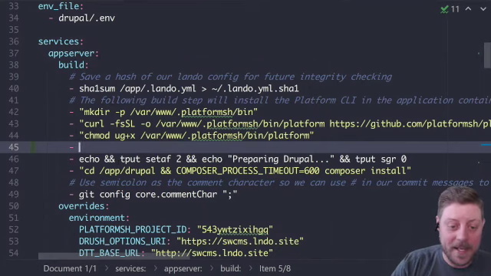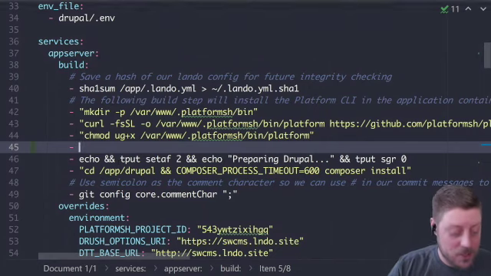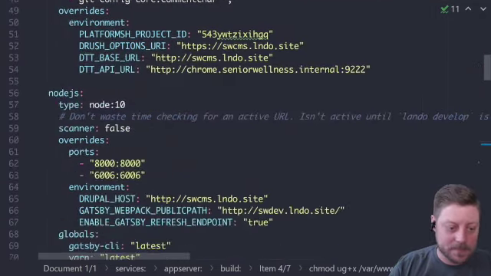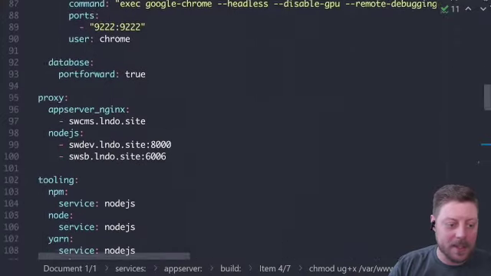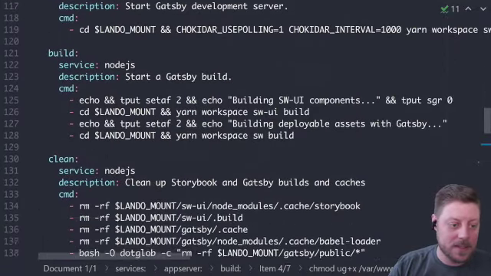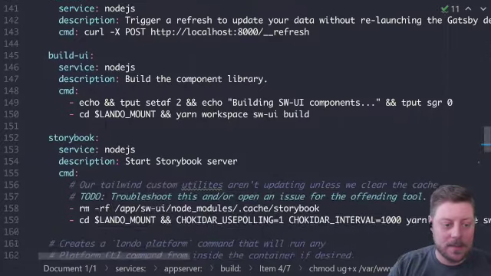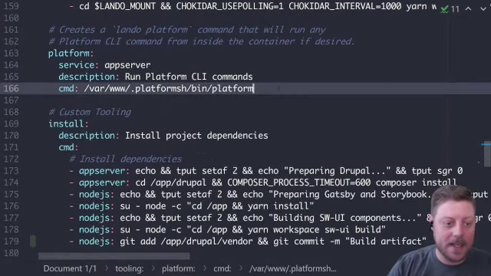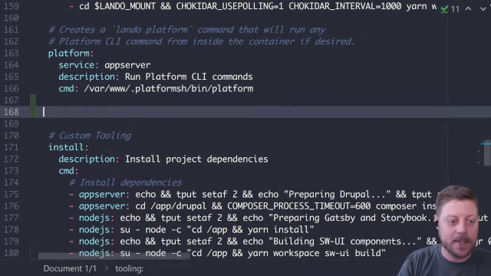And then you would have now the command gh, which is the GitHub CLI, available inside your Lando environment, which means you can use it for tooling. So you could create tooling. Well, let's say we wanted to create a new one. We might say this tooling is called